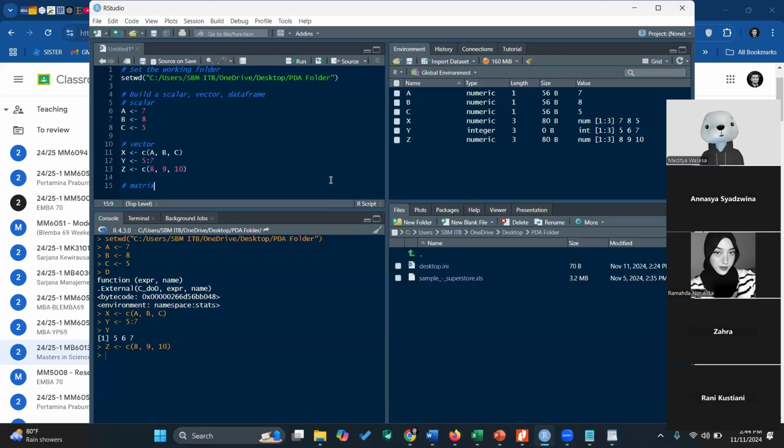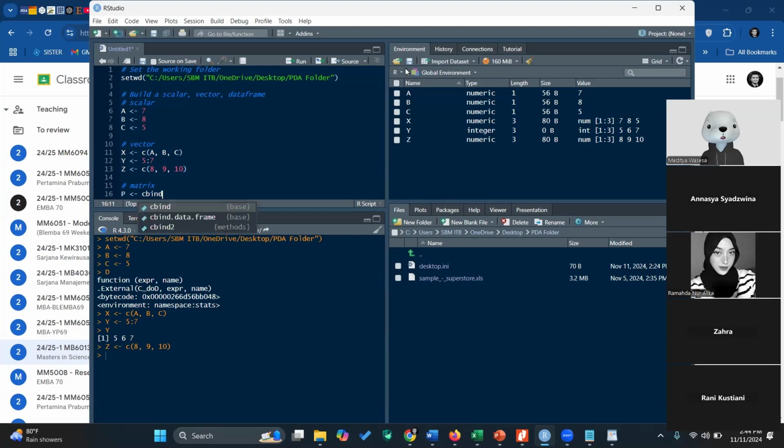Matrix. You can also see it on your screen, in your Zoom, if it's too small. So for example, matrix ABC, PQR, maybe matrix P. I bind it. C bind.